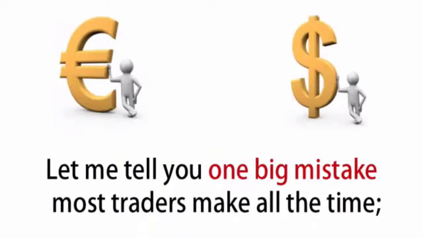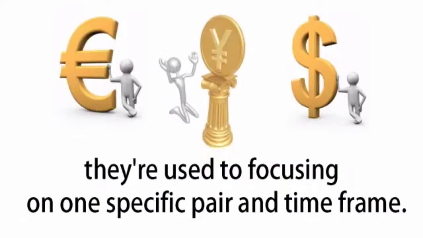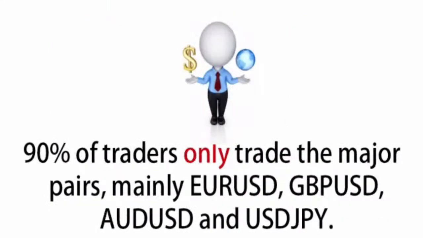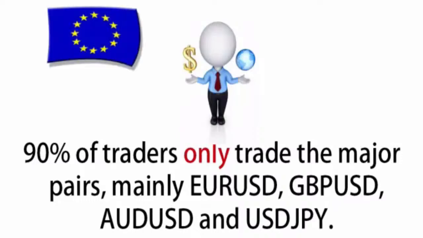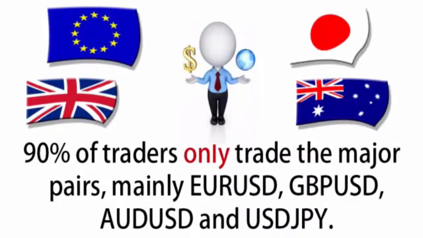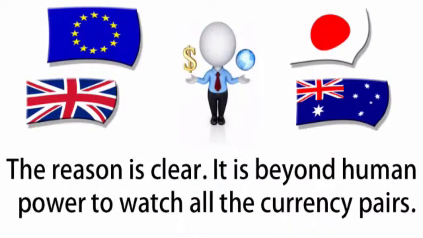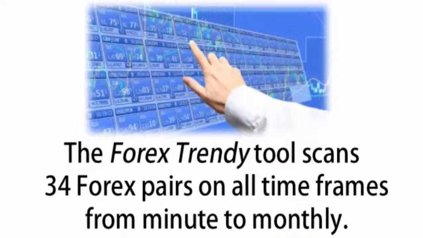Let me tell you one big mistake most traders make all the time. They're used to focusing on one specific pair and time frame. 90% of traders only trade the major pairs, mainly the euro, the cable, the Aussie and the yen. The reason is clear. It's beyond human power to watch all the currency pairs. The Forex Trendy tool scans